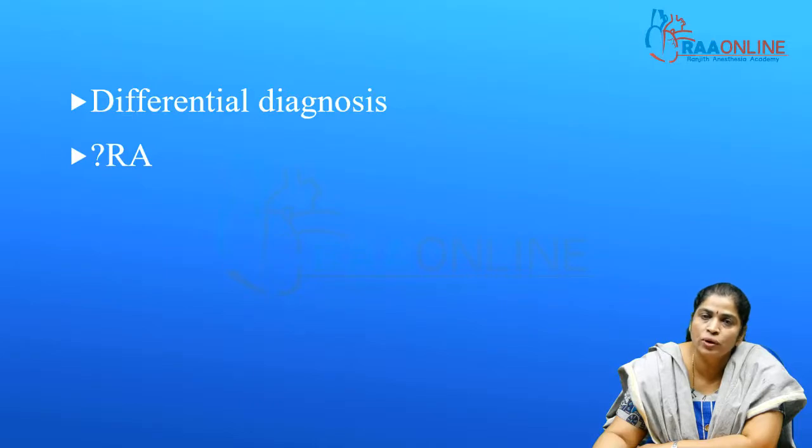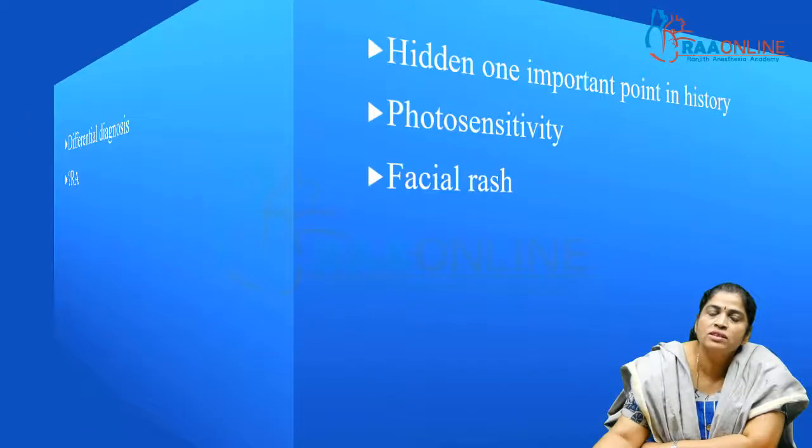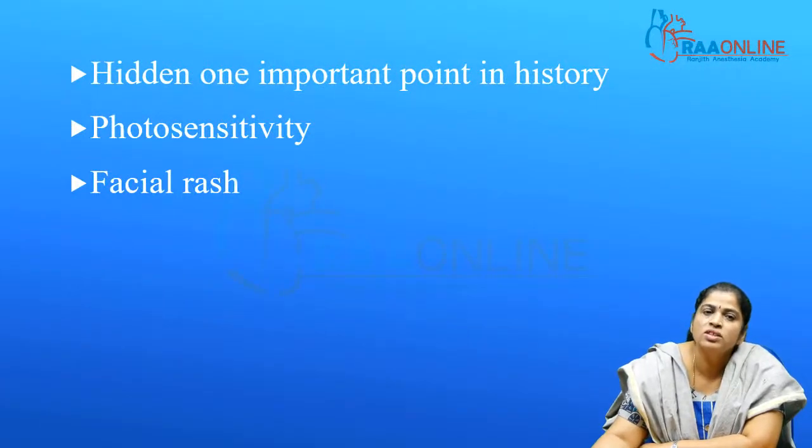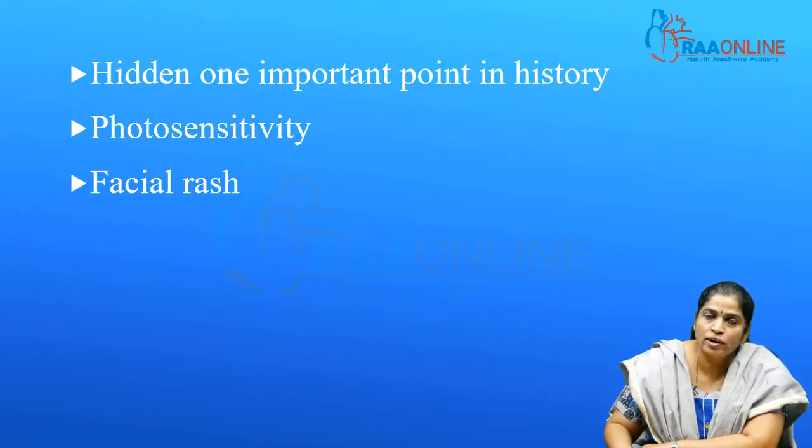Should we think about rheumatoid arthritis? Yes, you should. The point that she has not told you is that she has photosensitivity. Even from a young age, she has found that sunlight causes her to become tired and unwell and caused a rash on her face and hands. So, she's been avoiding the sun for quite a few years, so much so that she doesn't get photosensitivity problems just because she avoids it so much.